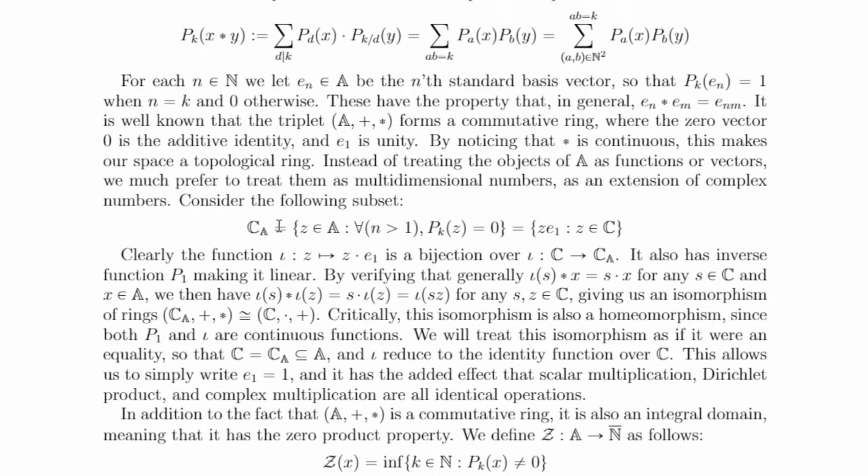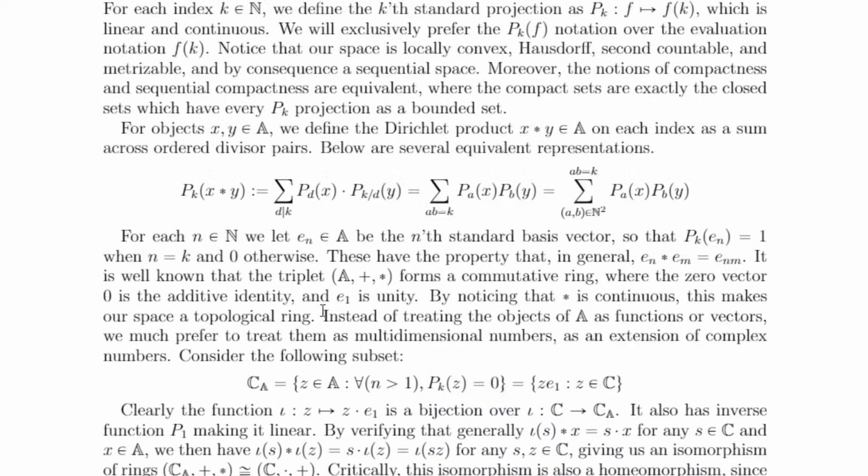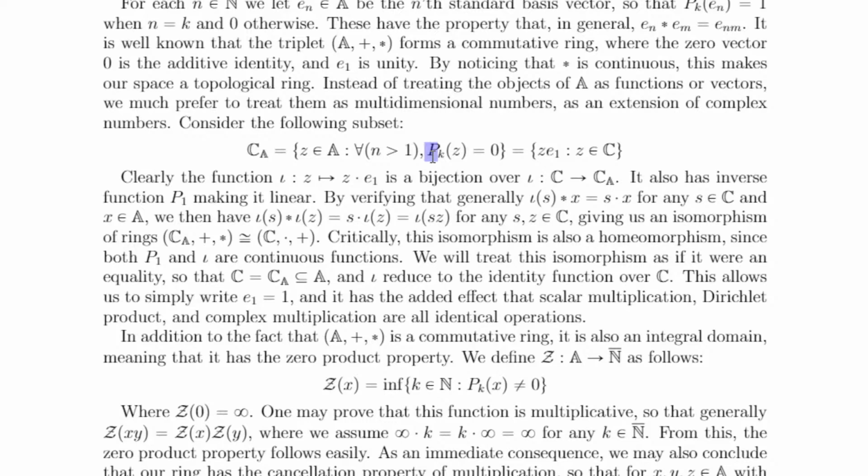This is just a temporary label, but C sub A is the set of all these elements Z in our space, so all of our little vectors or arithmetic function objects, which satisfy the proposition that for all indices n greater than 1, so all of the indices after the first one, the projection is 0. That's a typo, let me fix that. So we want all of our projections after the first one, when we project them down, to all be